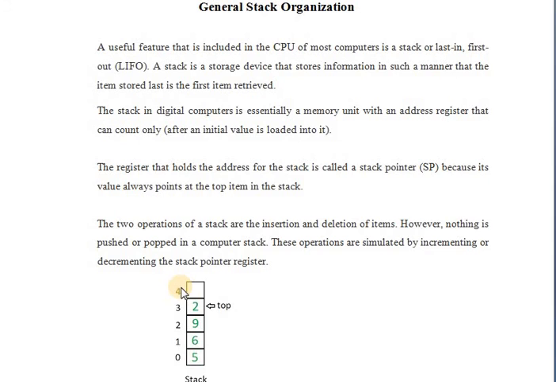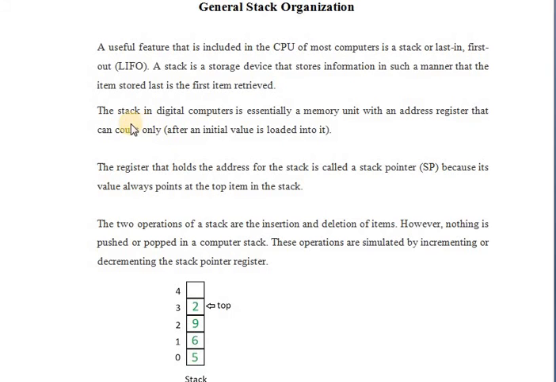So for example, this is a stack. See here, 0, 1, 2, 3, 4, up to 5 elements we can store here. The top element is 2, so the last entered element in this stack is 2. If you want to delete an element, the last element 2 will be popped out or deleted. We are inserting and deleting, that is pushing and popping. The technical names are push for insert and pop for delete.